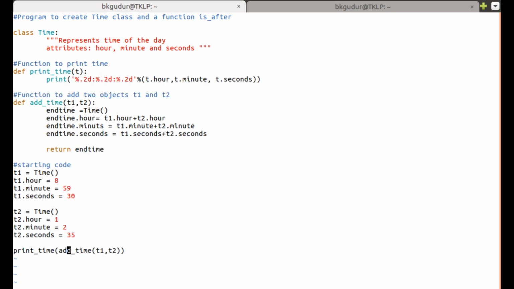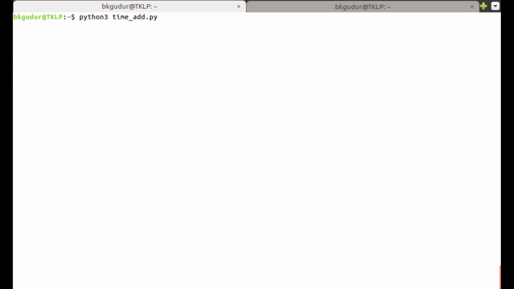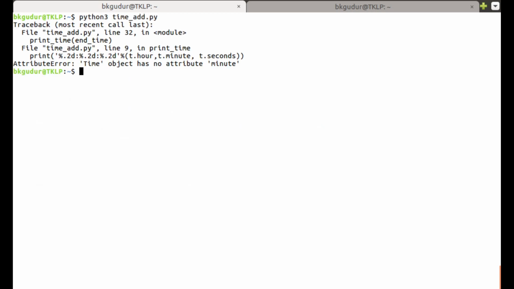Now here I will take one object called end_time equal to add_time(t1, t2), and print_time(end_time). So now let us execute this. Time object has no attribute minutes in line number 9.